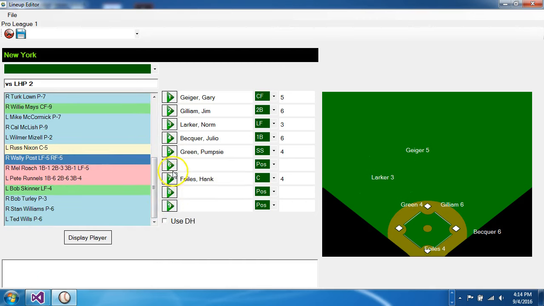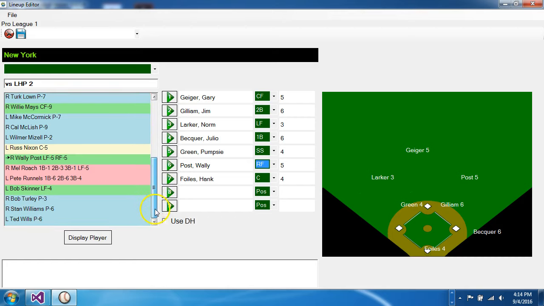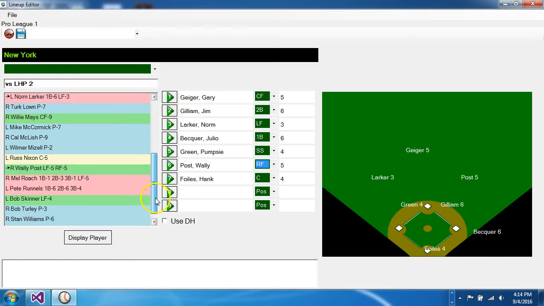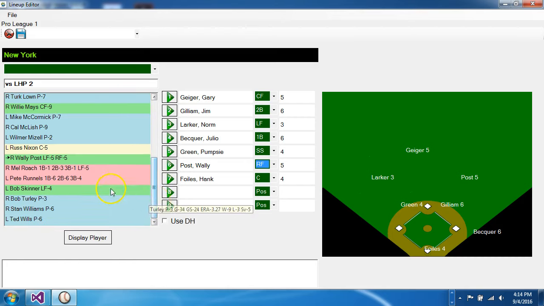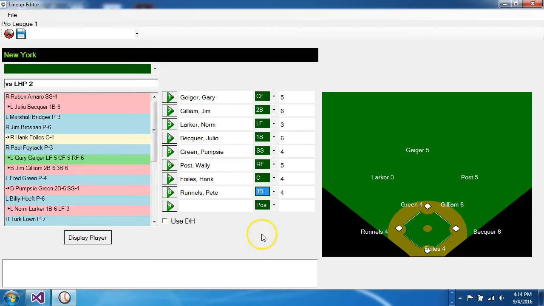We'll put Wally Post in right field. And we need a third baseman yet. Let's see. I'm looking for somebody in pink. Pete Runnels is a pretty good player there. So we'll put him at third. Okay, now